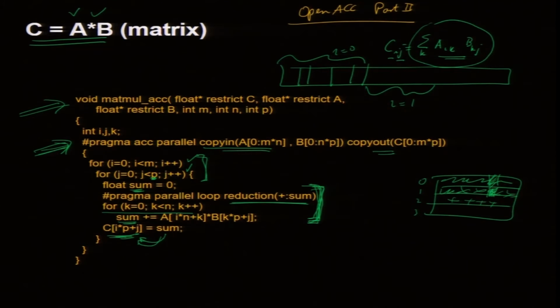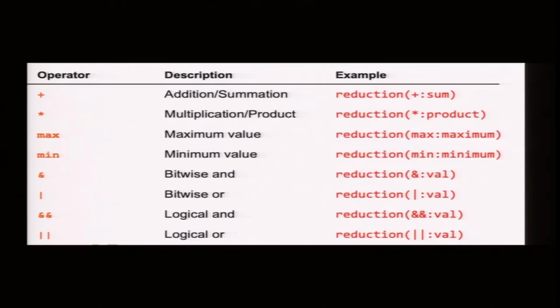I mean, if you have sequential code, changing it into OpenACC is just straightforward, and there are many operators for reduction. So, for addition it is plus, for multiplication star, then max, min, and this for bitwise AND. So, you may have a lot of Boolean variables and you can do logical AND, logical OR. So, this is for Boolean variables which have value either true or false, but this AND also works with 0 and 1.